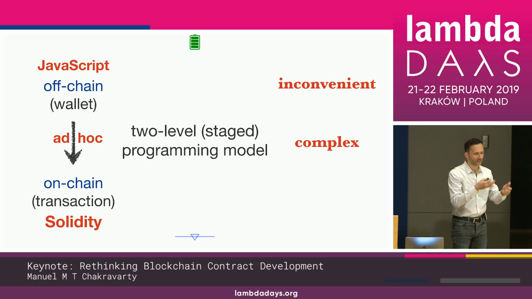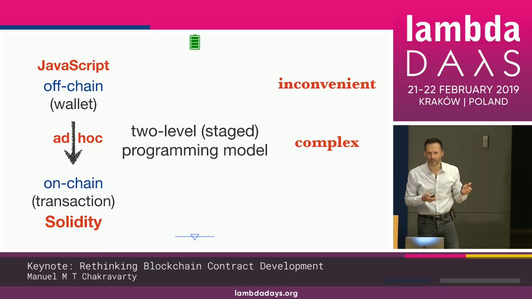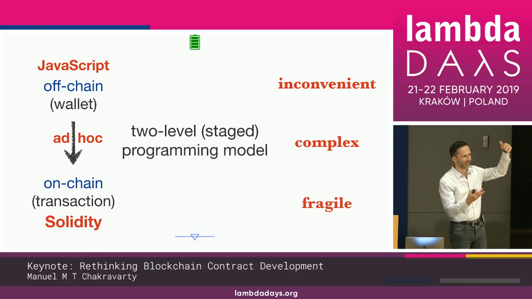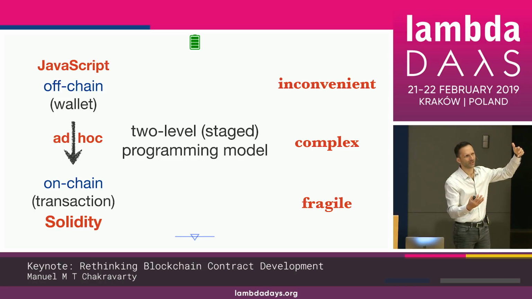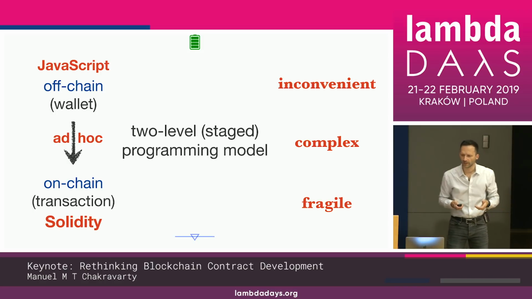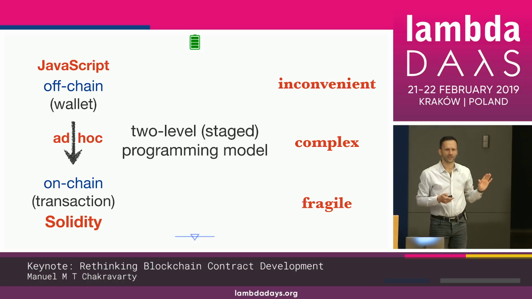Now, if you find that some of your Solidity code is too slow and you want to move it out to the JavaScript, well, you have to rewrite it because two different languages, not very convenient. And it's very fragile because there are, of course, interfaces between the functions in both sides. And, well, if they don't match up, well, you know what happens in JavaScript land. Things just don't work.